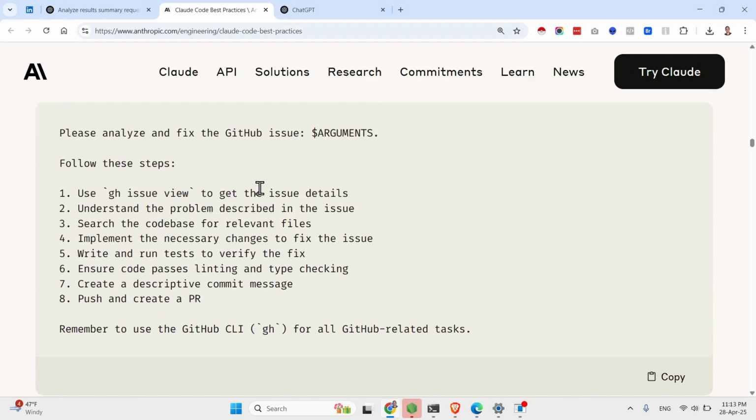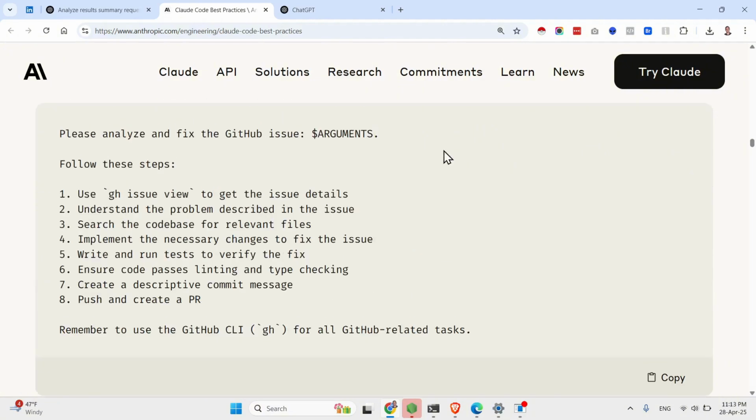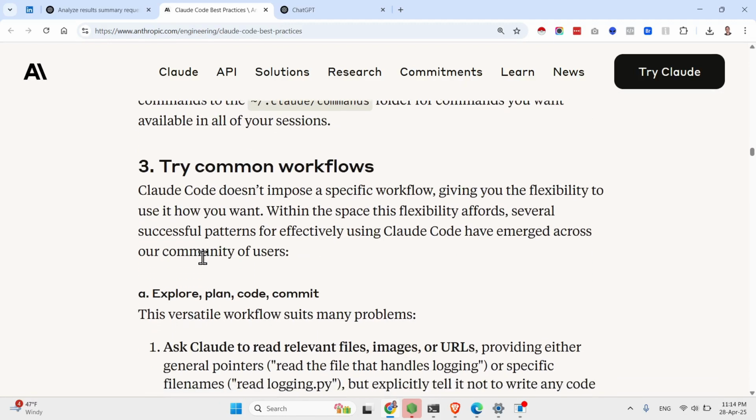Now, instead of writing this every time from scratch, you have this command, which basically is going, whenever you call this command, it's going to execute this more detailed prompt. Now, this is the most interesting part of this blog post, in my opinion. So, try common workflows. Basically, you have different workflows that they're proposing in order to build your projects or